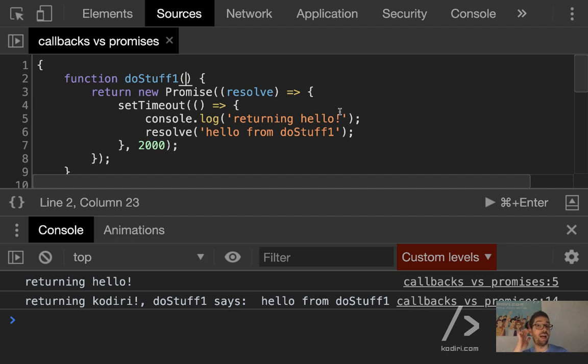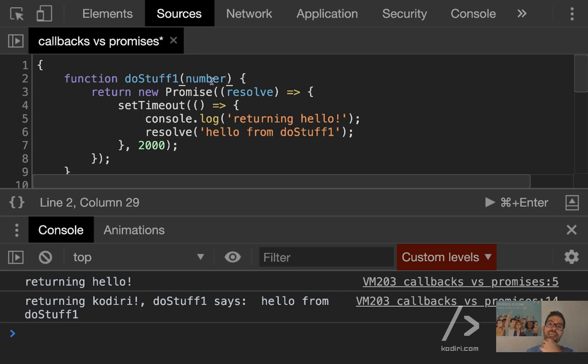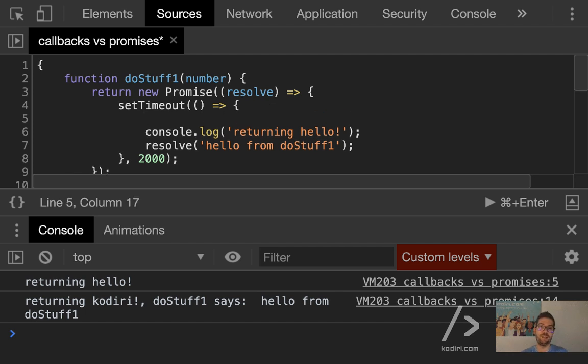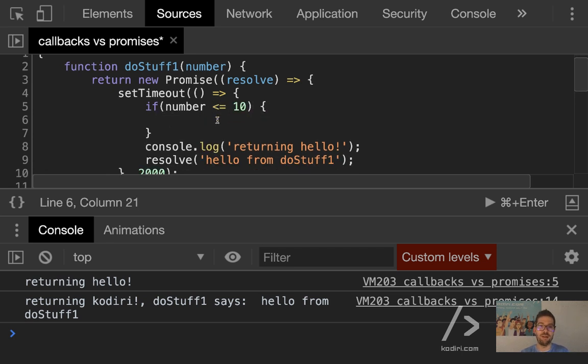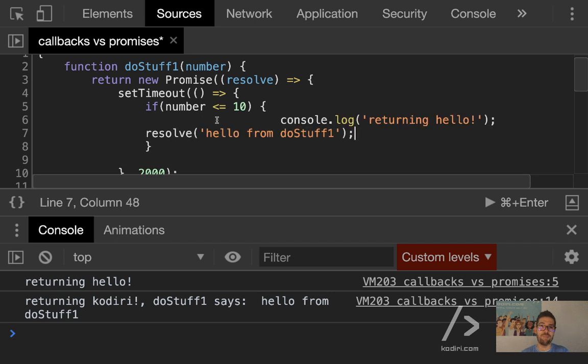Number, whatever. So if the number is less than 10, we want to resolve the promise. But if the number is greater than 10, we want to reject the promise. If number is less or equal to 10, then whatever, yeah?